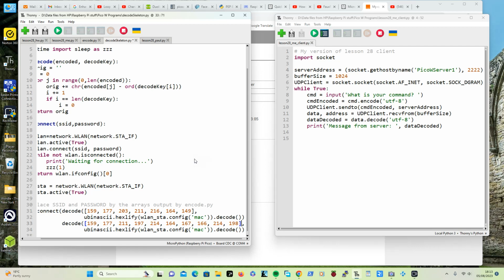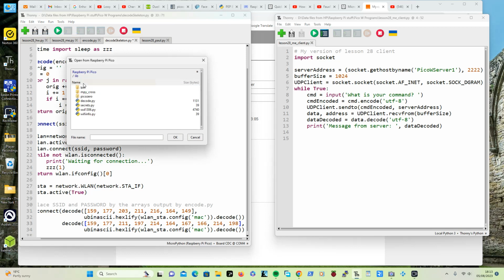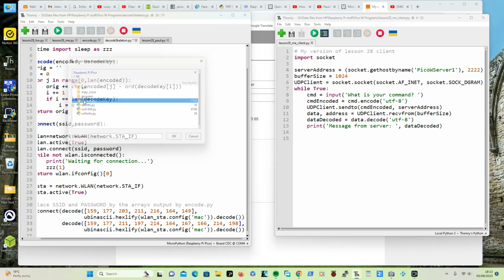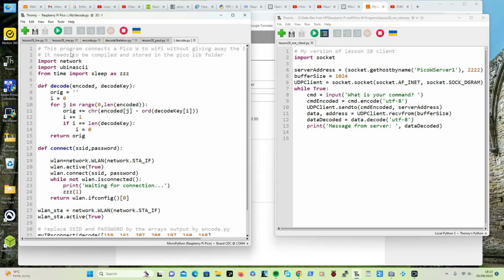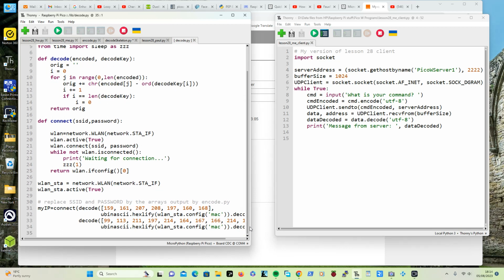So we don't need that one. We need to go into, we'll open, we'll go into the Pico, we'll go into the lib, and we'll have a look at this decode.py. This program is exactly the one I showed you before, only it's saved on the Raspberry Pi Pico, and it's got